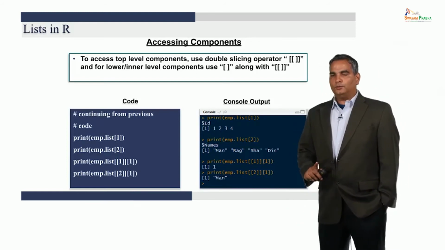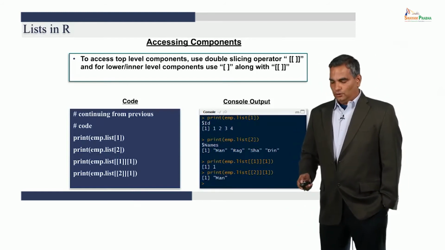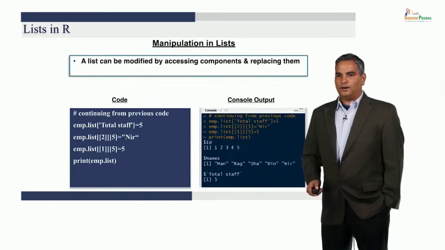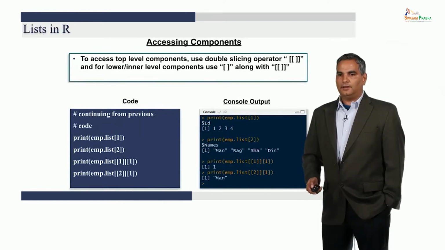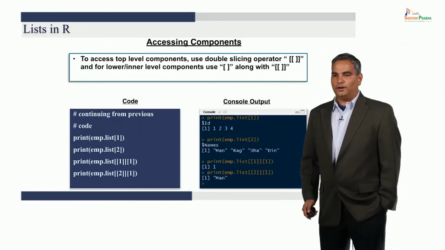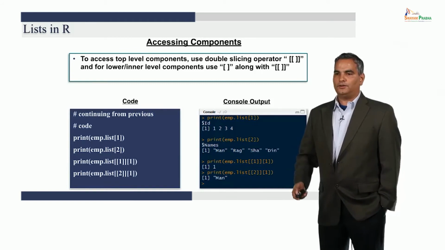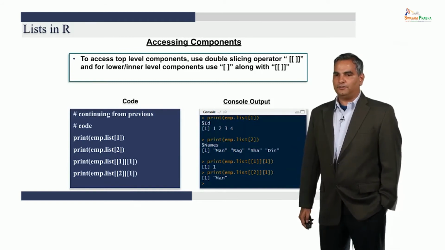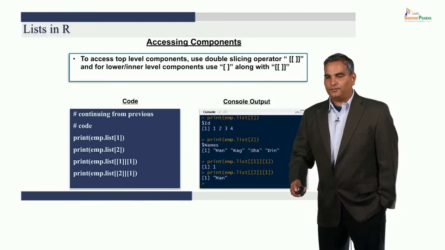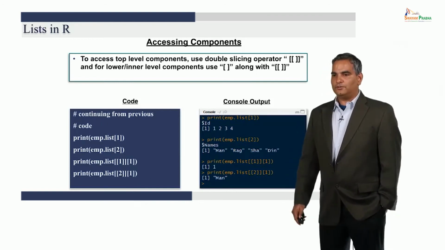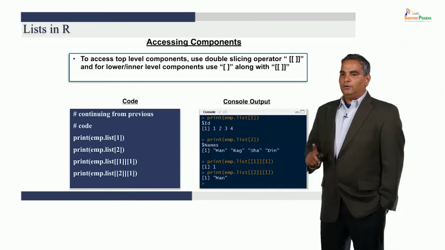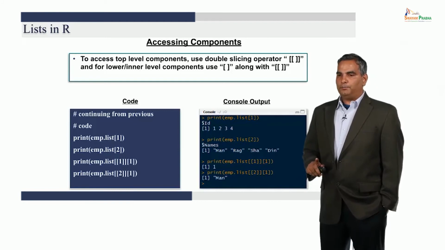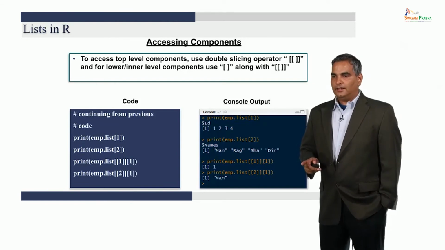So if you want to identify only one object, you could use this command here, print emp.list[1], which basically gives you 1, 2, 3, 4, the 4 integers that we had defined before. And for example, if you did 2, it gives you the 4 names that you have defined before. Now, if you really wanted to actually pick out the 1 among the integers 1, 2, 3, 4, then that is 2-level access of the list,